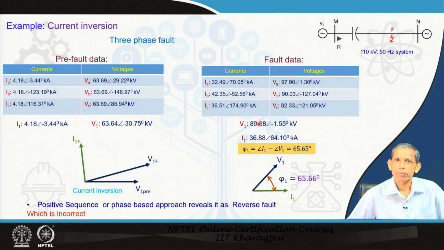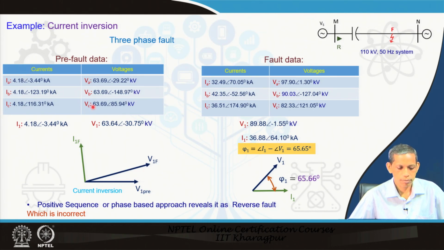Now, we will see through examples the corresponding issues and how they affect the directional link, and then we will see what is the solution strategy for the directional link perspective in the presence of current and voltage inversion issues. 3 phase fault in a 2 bus system, 110 kV 50 Hz system, 3 phase fault to create a current and voltage inversion issue. We have pre-fault data, we have fault data,